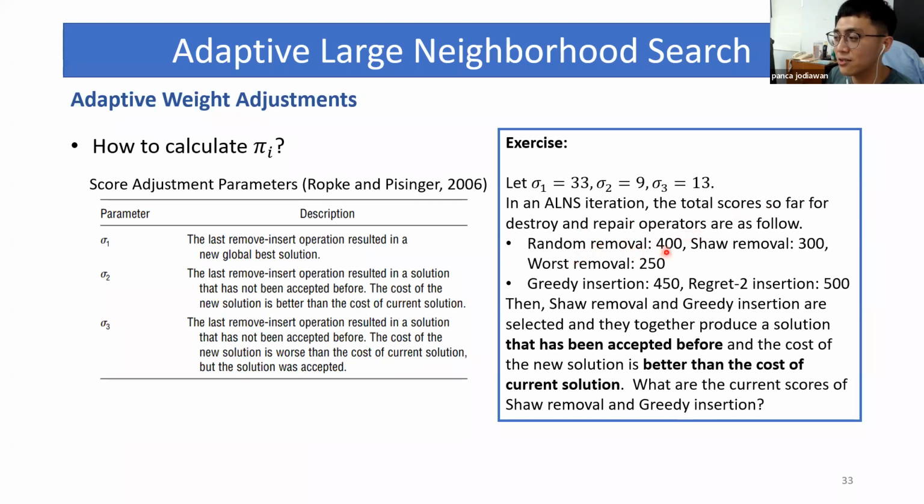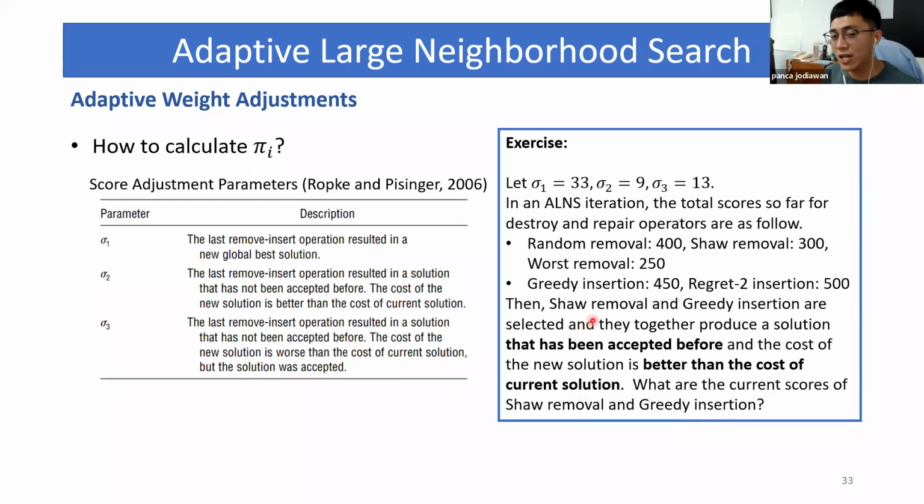Random removal 400, shell removal 300, burst removal 250, and the greedy insertion is 450, regret insertion is 500. Then the shell removal and greedy insertion are selected, and they together produce a solution that has been accepted before, and the cost of the new solution is better than the cost of the current solution. What are the current scores after considering this case of the shell removal and greedy insertion?